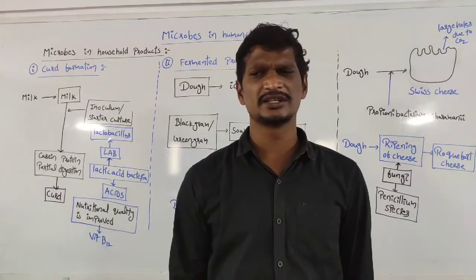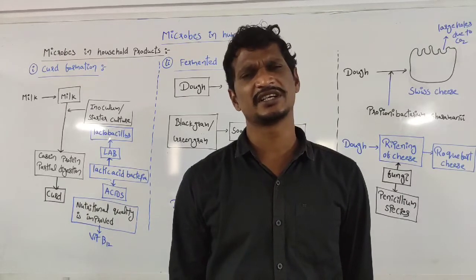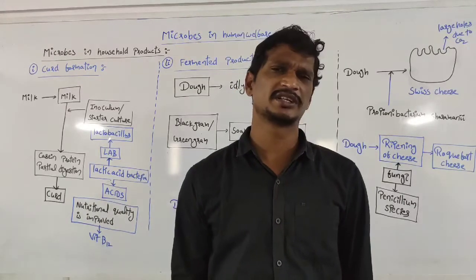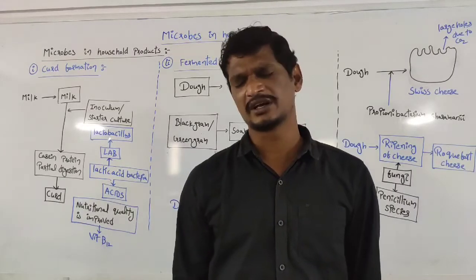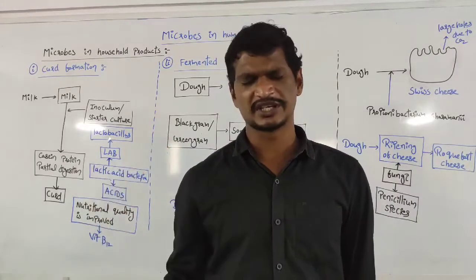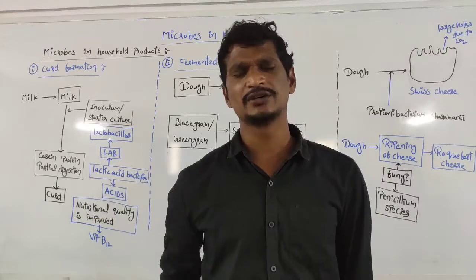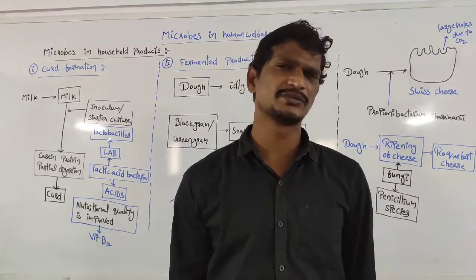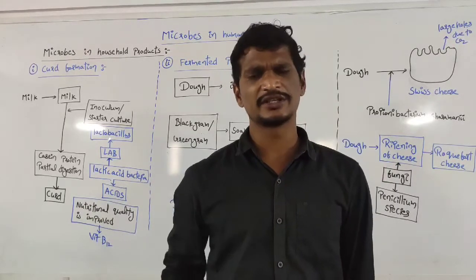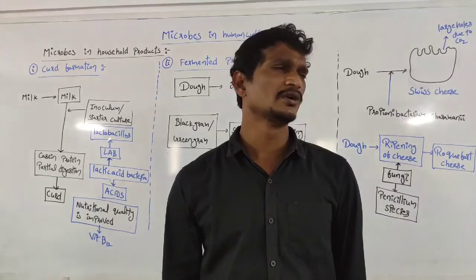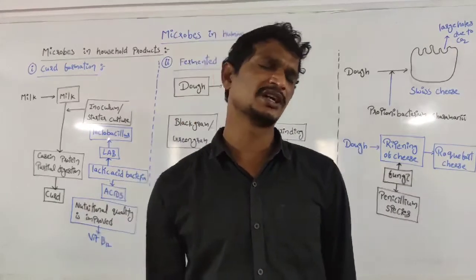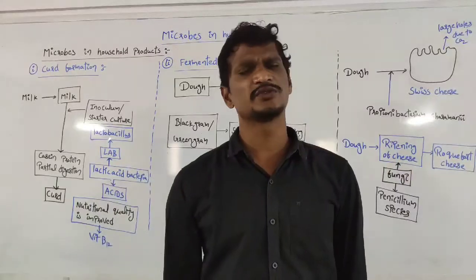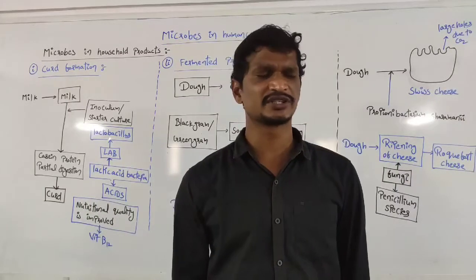So definitely the plants are there and the animals are there, right? Human beings are there. We belong to the macroscopic side, and there are microscopic organisms also. If we compare these two, the microscopic organisms play the key role, the main key role, because they perform different types of functions.